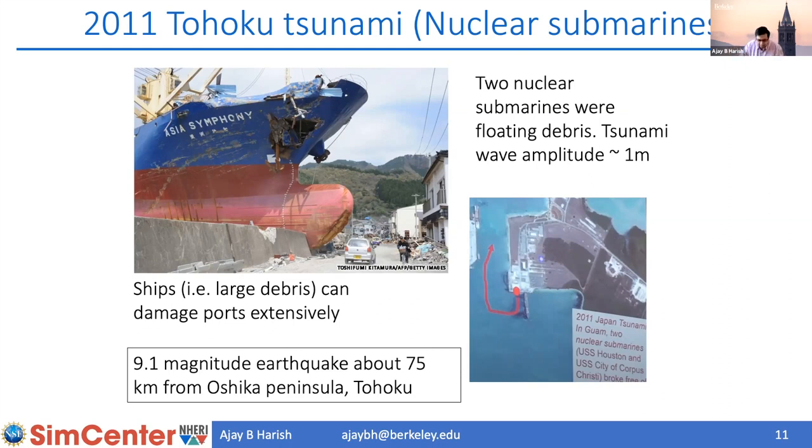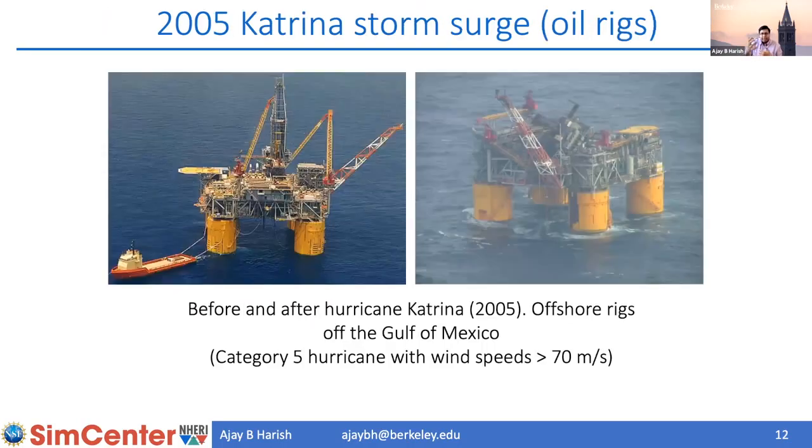And so that's one of the motivations. During a storm surge, for example, if you're looking at an oil rig in Hurricane Katrina, which is in 2005, it was completely damaged. So the whole idea is, can we build these kind of vertical evacuation structures that can be used for people to take refuge during some of these natural hazard events, right? So we want to try to build